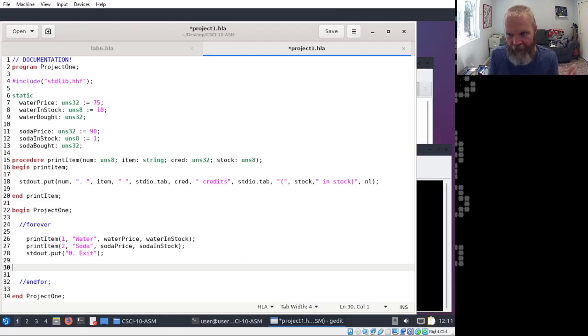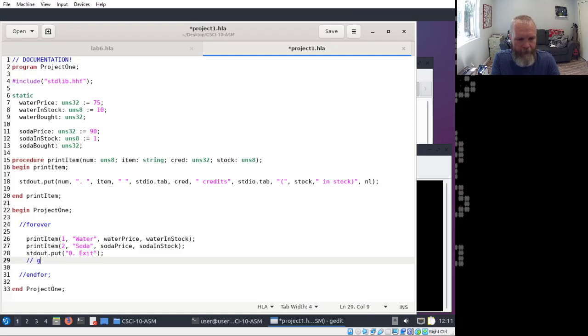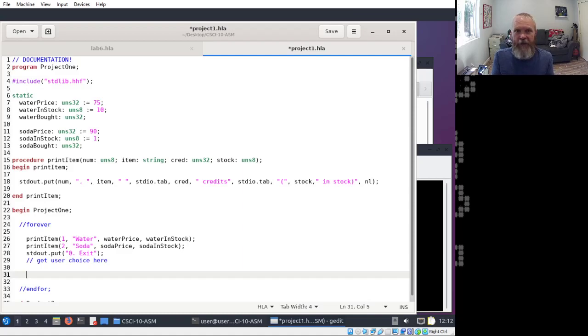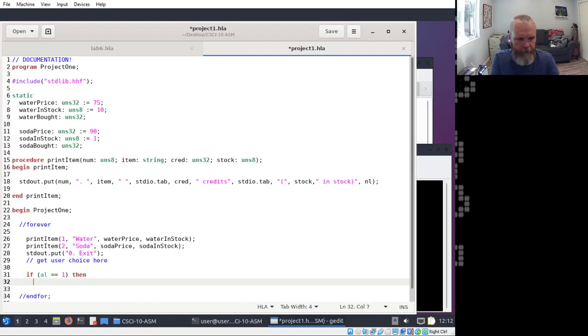And then I'm going to leave you one last thought, and then I got to shut down. I know, I'm sorry. So we're going to have something where we get the choice, right? And we're going to say, like, if AL equals 1, then so you're going to have a decision tree down here